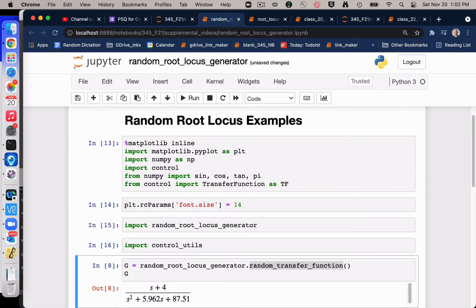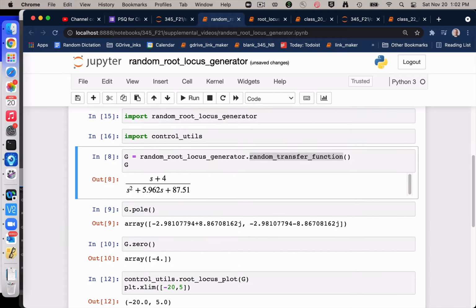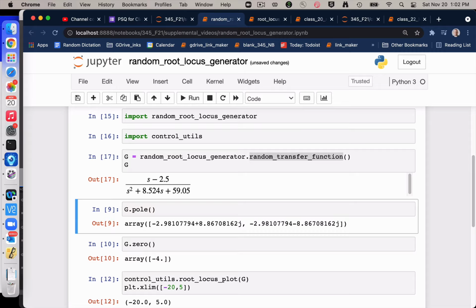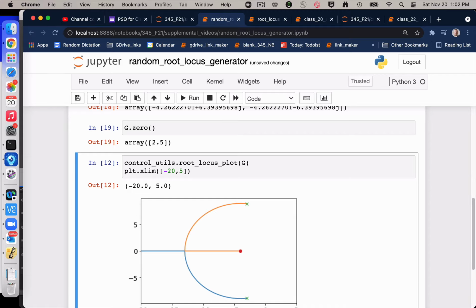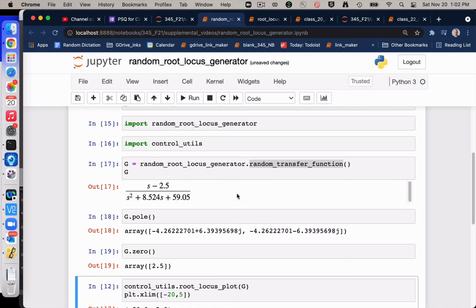So this is another random root locus example. If you didn't watch the first one, I'm going to randomly generate a transfer function. Ooh, that's interesting. Okay. So a very small change from the previous one. We still have two complex conjugate poles, but now we have a non-minimum phase zero, or a zero that's in